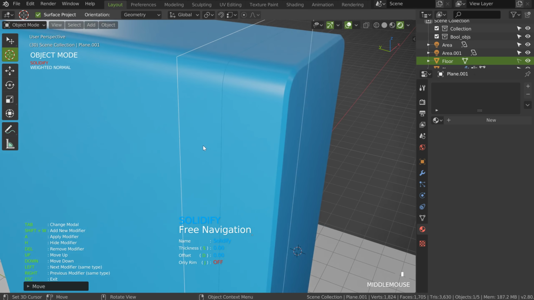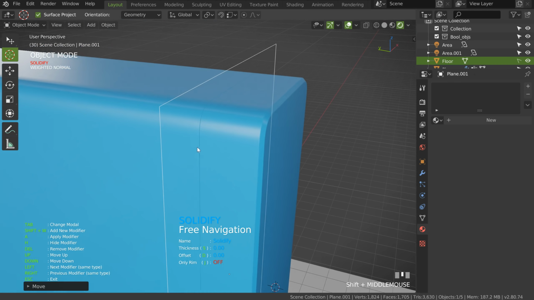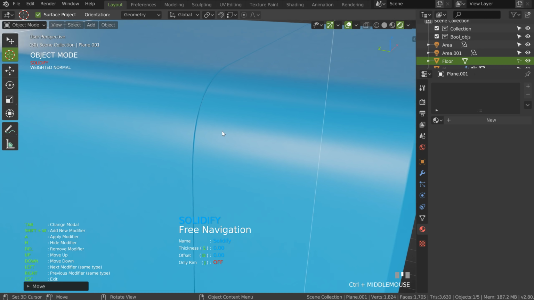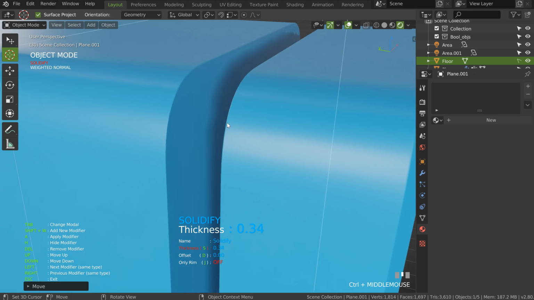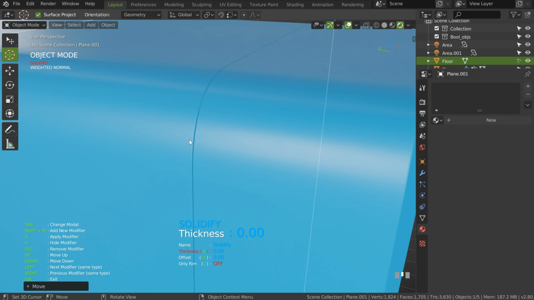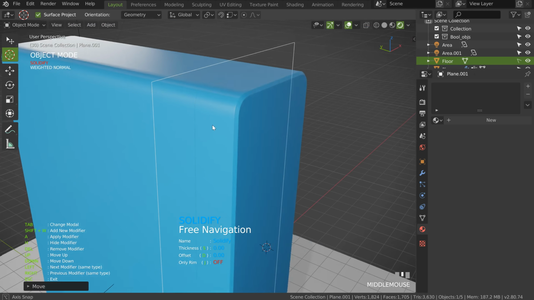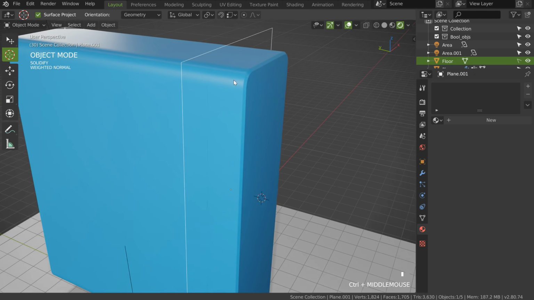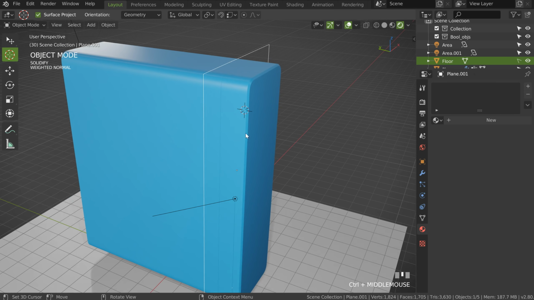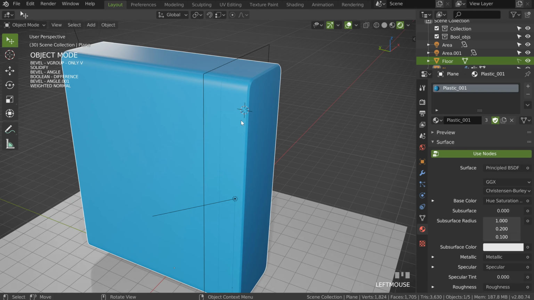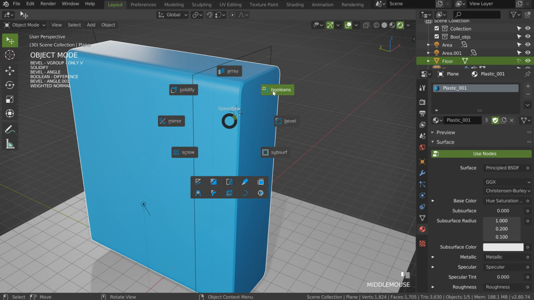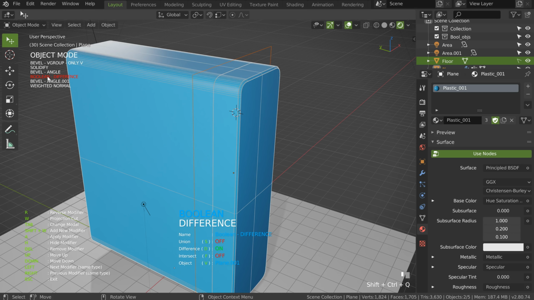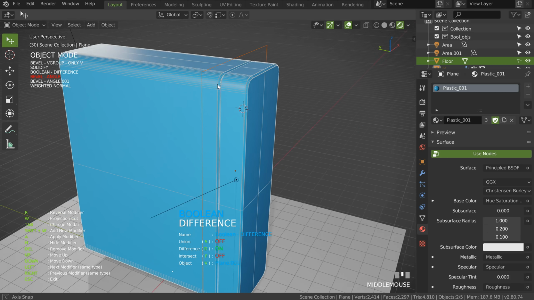And on this solidify, the minimum setting in SpeedFlow is 0.001. Like that, you will be able to have this result, and this is nice. So, I have this result, but I want this one. I just have to come back here, select this one, call the boolean, and just move this boolean before this bevel angle. Bam! That's it.